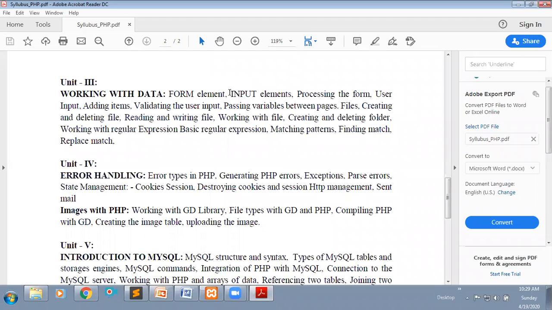Here we will discuss how you can read the input data from the user. By using a web form we can read whatever data you require in your website. You can directly go for the web forms concept.